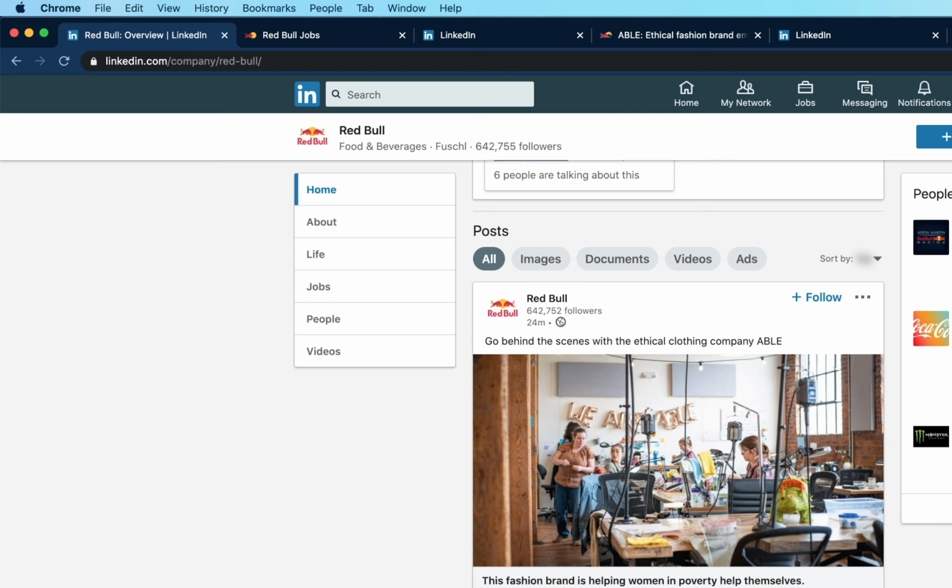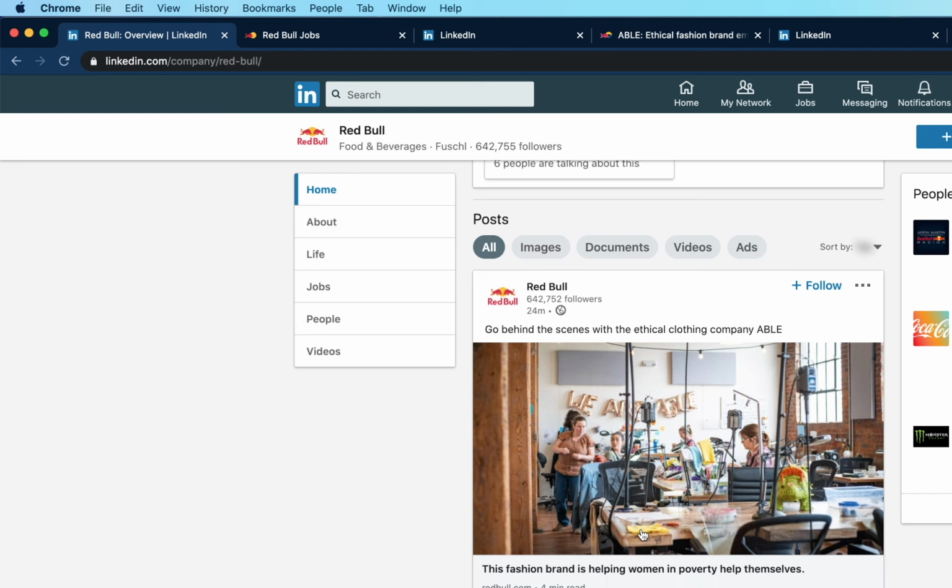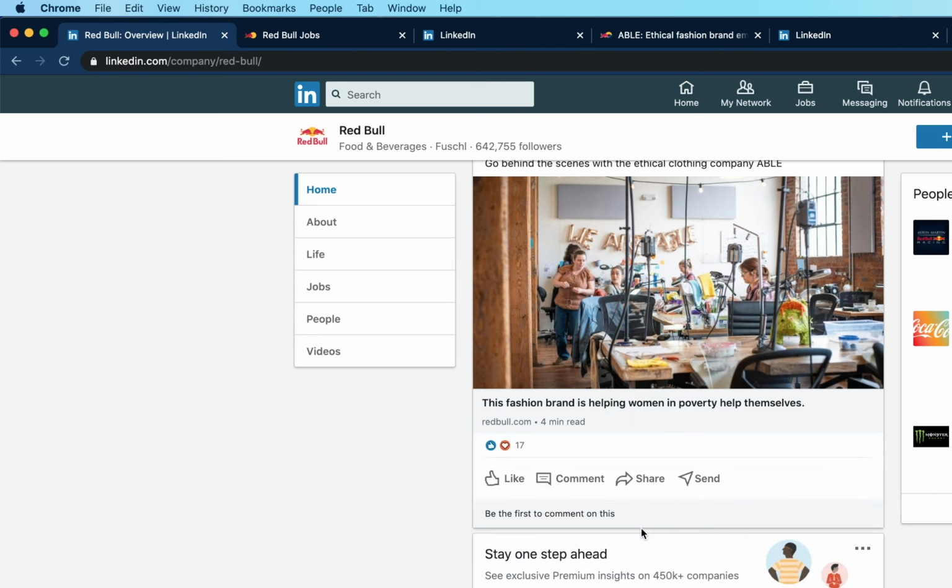So this number, in comparison with a page which has 642,752 followers, that's just laughable. I only have barely 30,000 followers and I get a ton more engagement. So Red Bull definitely can improve upon this by just using the right content types and by extending the length of their company post